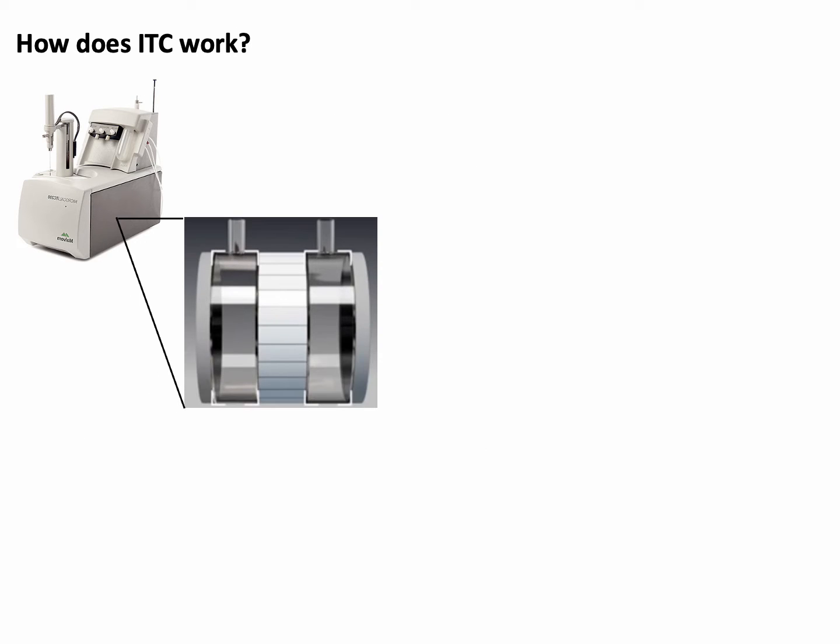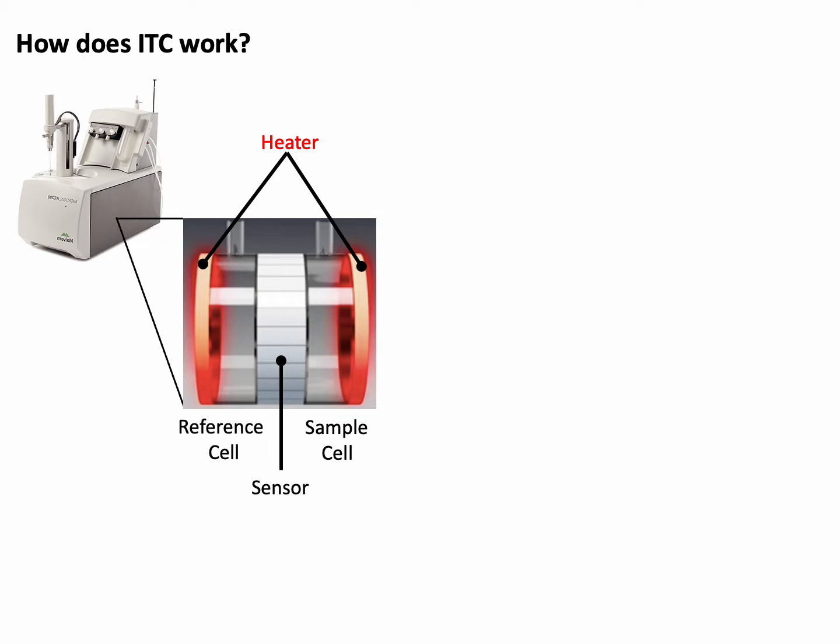The major components in ITC are two cells. The reference cell usually contains water, and the other contains protein and is called the sample cell. ITC will keep these two cells at exactly the same temperature. Between the two cells, there is a heat sensor to help detect temperature differences between the reference and sample cells, and feed back to the heaters. At the beginning of this experiment, the reference cell and sample cell are set to the same desired